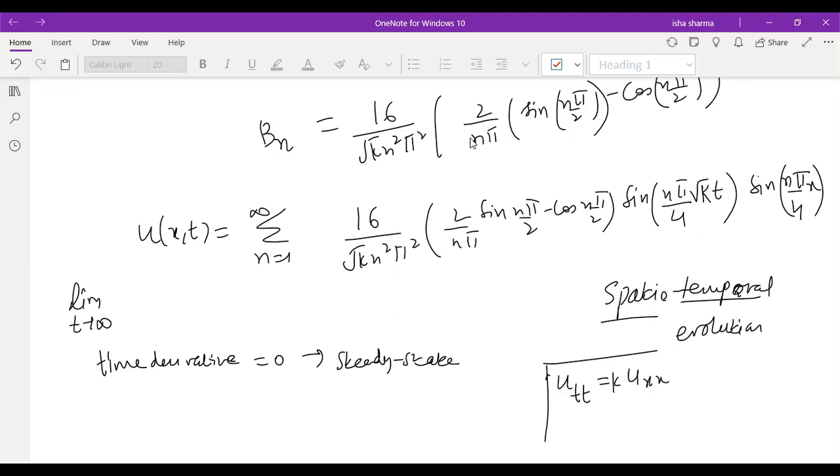So what will be the change in the equation if you want to find its steady state solution? The time derivative part will directly be 0, so you will just be solving u_xx equal to 0. Whatever you get by solving this PDE will be the steady state solution of your wave equation. So this is the way to find steady state: put the time derivative equal to 0 in your equation, and done.